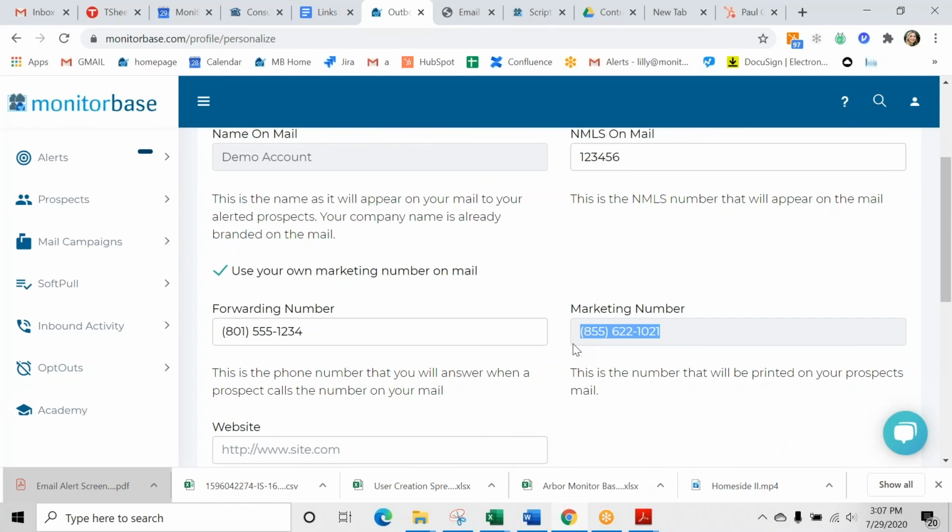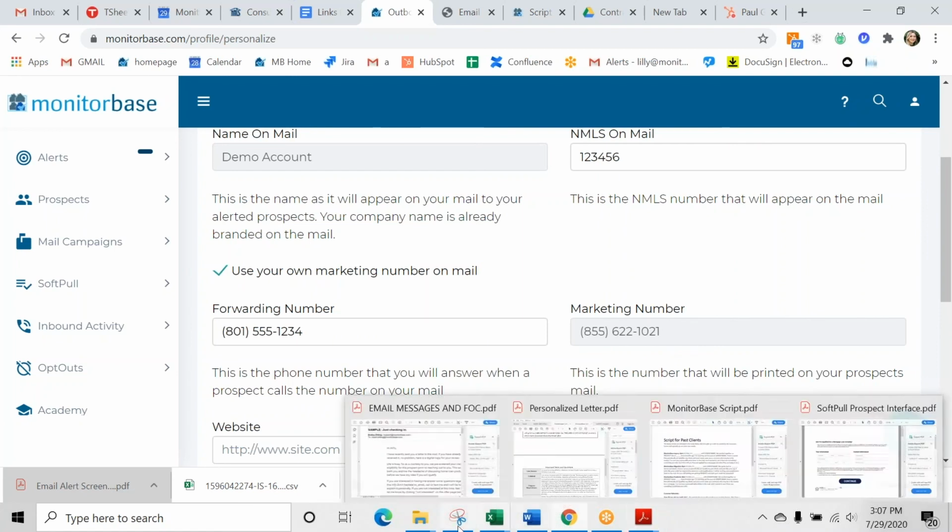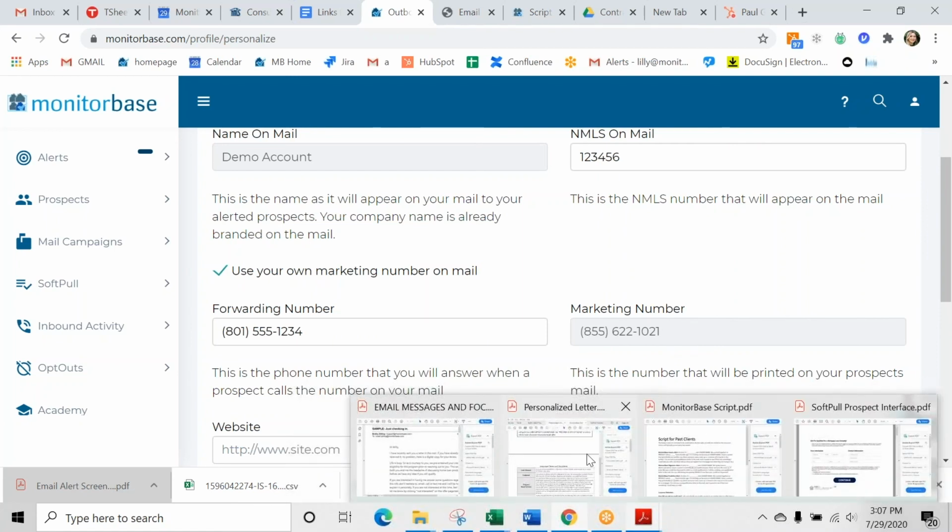Pinnacle just has its own marketing number. Yeah, each of the branches at Pinnacle has its own marketing number. So if you want to receive those calls on your cell phone, then you have to create your own marketing number to go along with it so that it separates from the branch. Does that make sense? Not really. Can you tell me why I can't just have the marketing number be the branch's one, and the forwarding number my cell? Yeah. So the marketing number is never going to be the same number as the branch phone number.